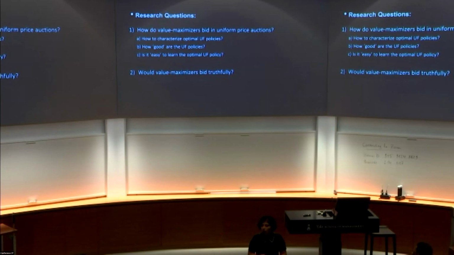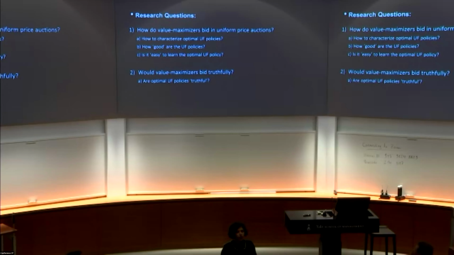The second one would be how good this policy is: am I paying so much cost by enforcing it to be universally feasible? And the third thing is whether it is actually easy to learn this policy. And then the second question was about how value maximizer bidders can be useful. For that one, I'm going to revisit it and say our optimal UF policy is in some sense